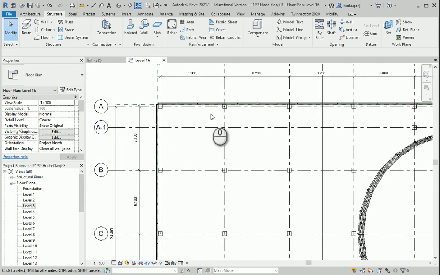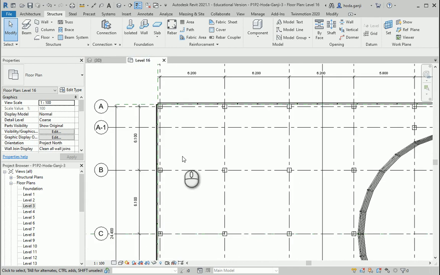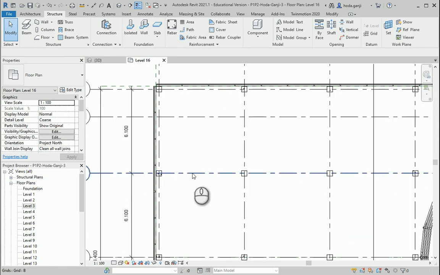In the last video we talked about concrete columns. In this video I'm going to talk about a shear wall. Usually in high-rise buildings we also have a shear wall for lateral forces such as wind and earthquake. So I want to have a shear wall going from foundation to the roof.